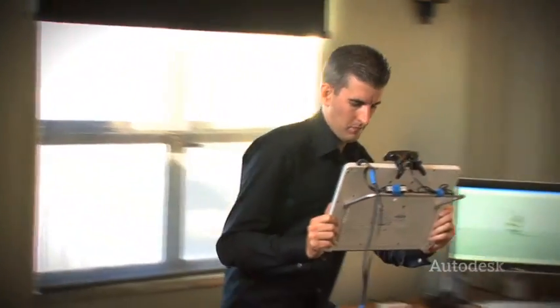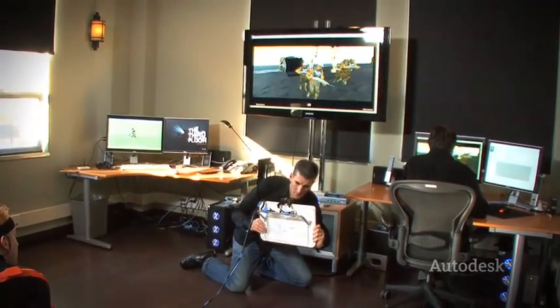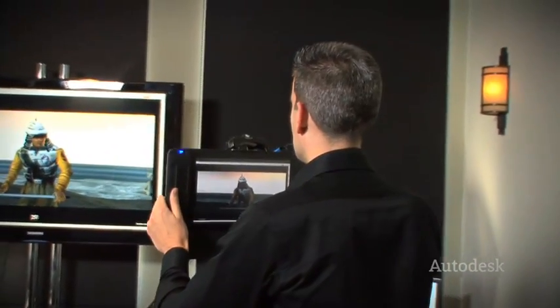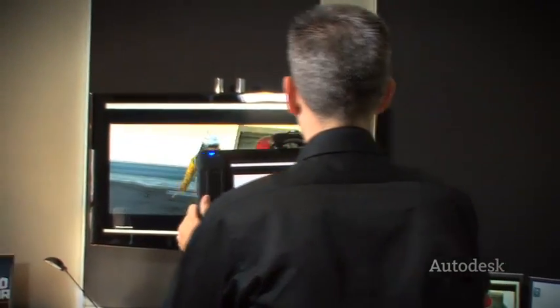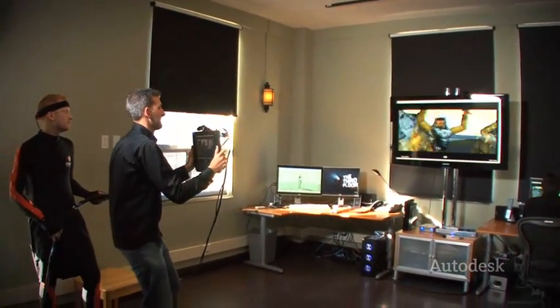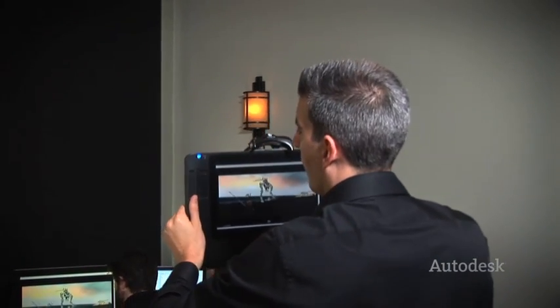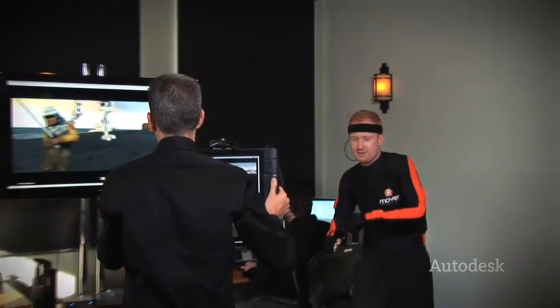And action. We made it a mission of ours to create a room where we could have a virtual filmmaking experience. Directors like to work with a virtual camera. So we have a system that allows them to manipulate a real, actual physical camera with a sensor on it that's fed live into MotionBuilder, which actually lets them manipulate around the MotionBuilder camera. We've actually added a monitor. Actually, it's a Wacom tablet, and we use that as our viewer and our input device for operating the camera